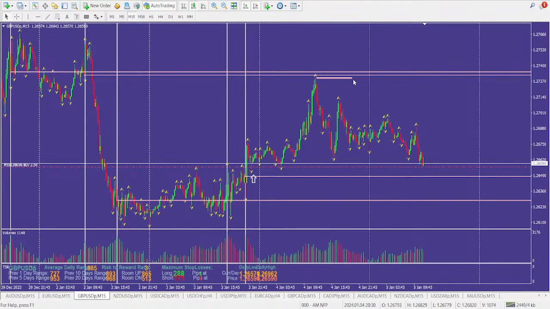And as you can see, price is coming back down. So basically what I'm going to be looking for, for a high probability setup, is for price to come back and test this level of demand over here. Then we can look for potential buying opportunities on